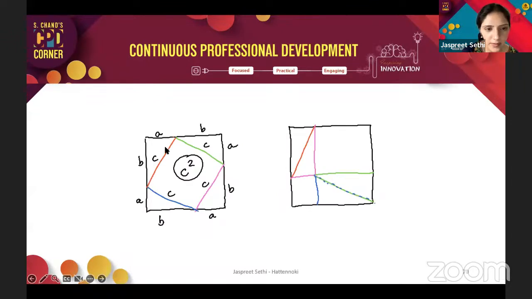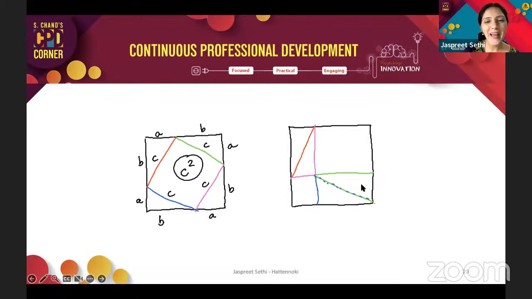So my red stays right here, but my pink shifts up a little bit and goes and sits there so that I can make a rectangle here. I'm just moving it. I'm just shifting it. And I am also going to be moving my green one down a little bit and shifting my blue to the right a little bit in a way that it sits perfectly like that.